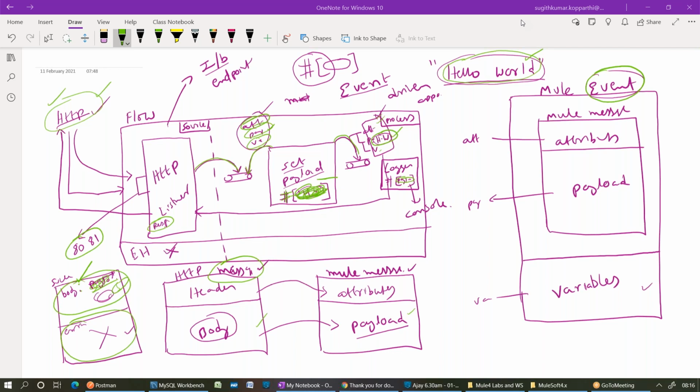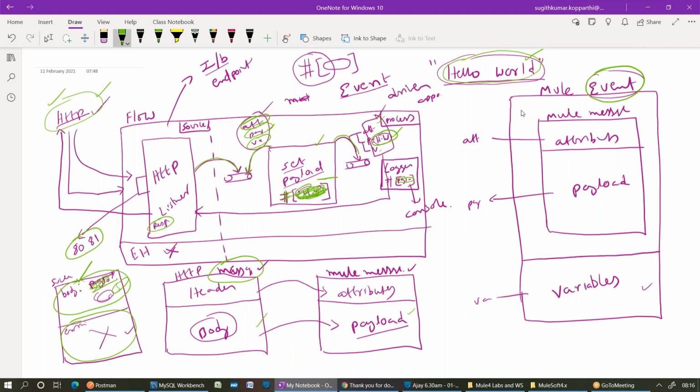Normal development tasks will be this flow only. In a Mule application, we write flows. This is the graphical representation. We can drag and drop set payload, a logger, an HTTP listener.